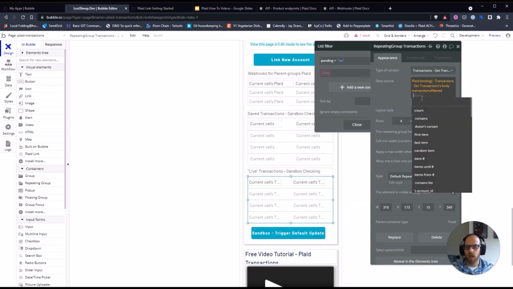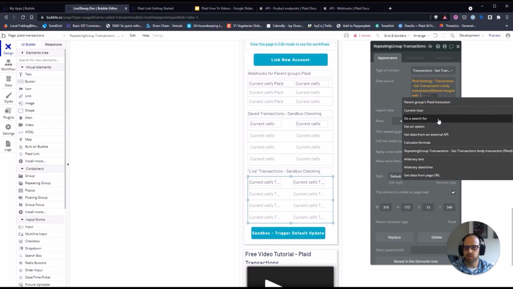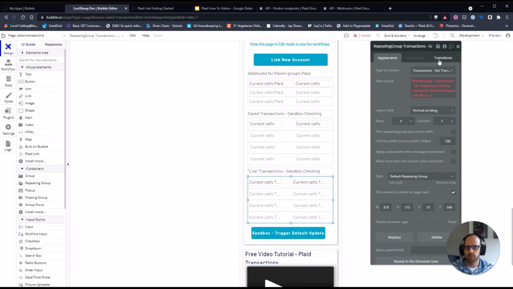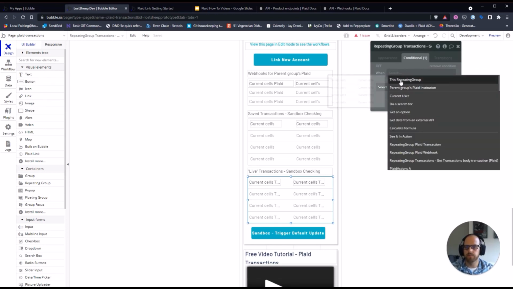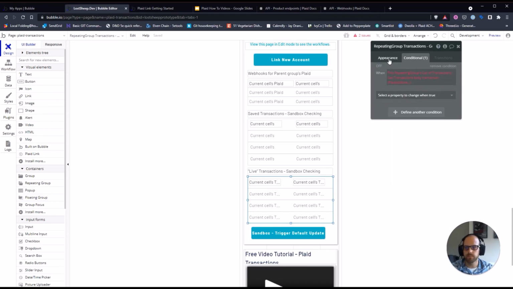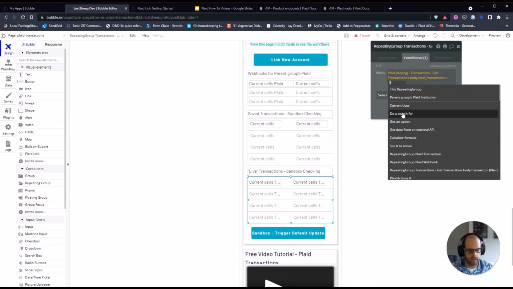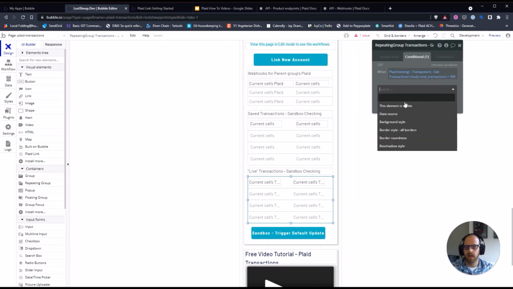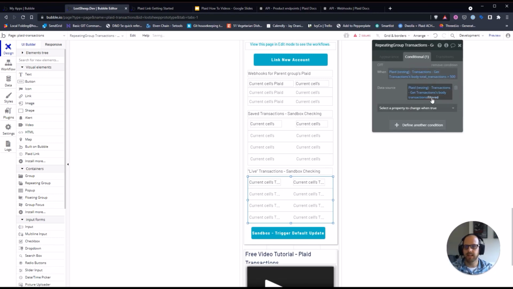You could do things like merging lists. One thing I've done is, actually, let me show you this a different way. One thing I've done is set up a conditional when this recruiting group's list of, when this total transactions is greater than 500, gone through and changed my data source and said merged with,